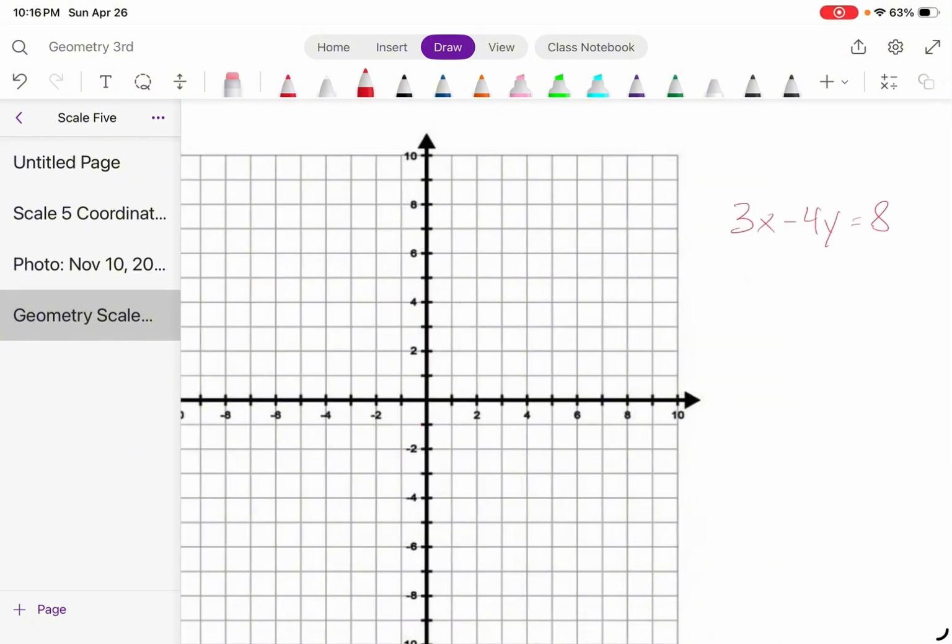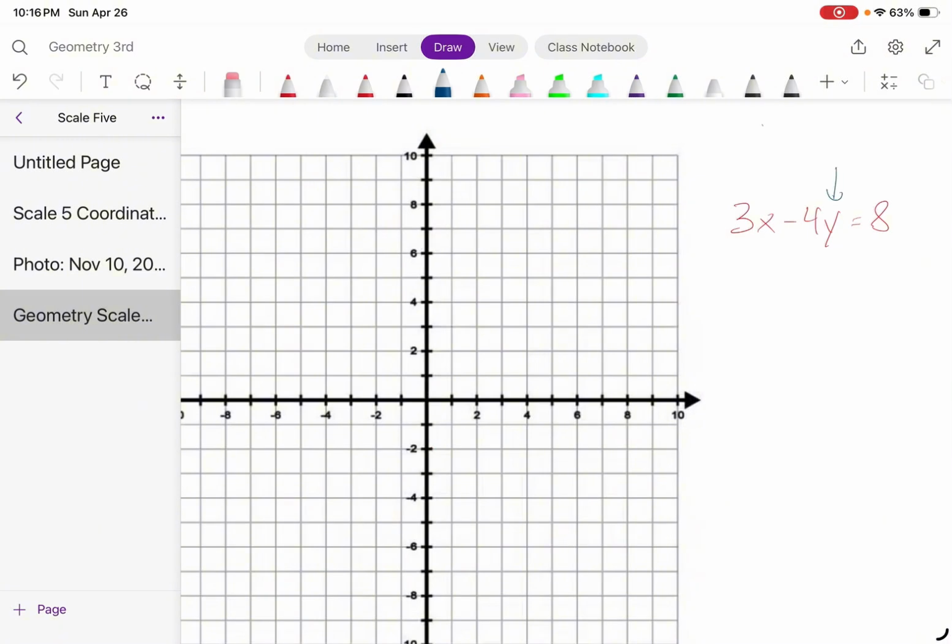Okay, next up we're going to show you how to graph one that's in a different form. First off, we can get this in the same form that we've been working with. However, in other videos, I'll show you how you could take this and just find the x and y intercepts and graph it a whole lot easier. However, first step,